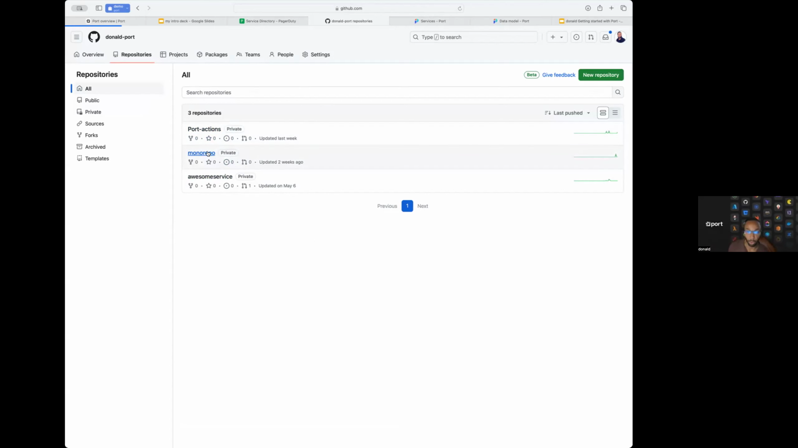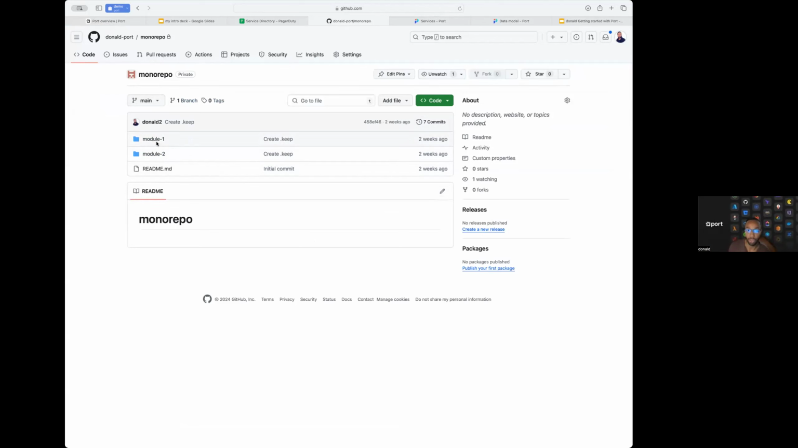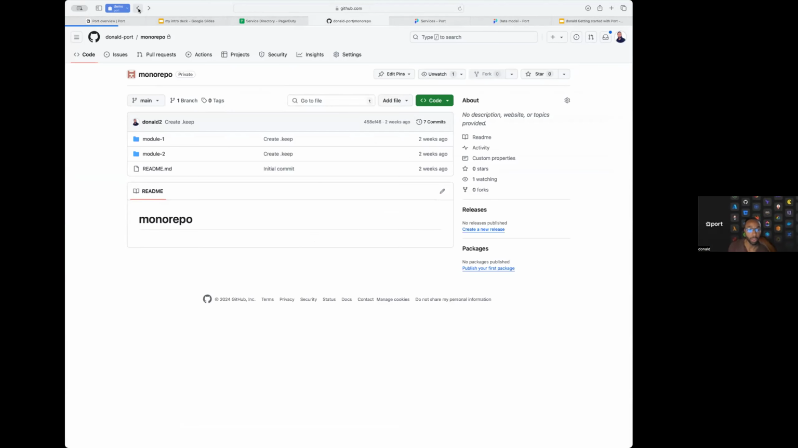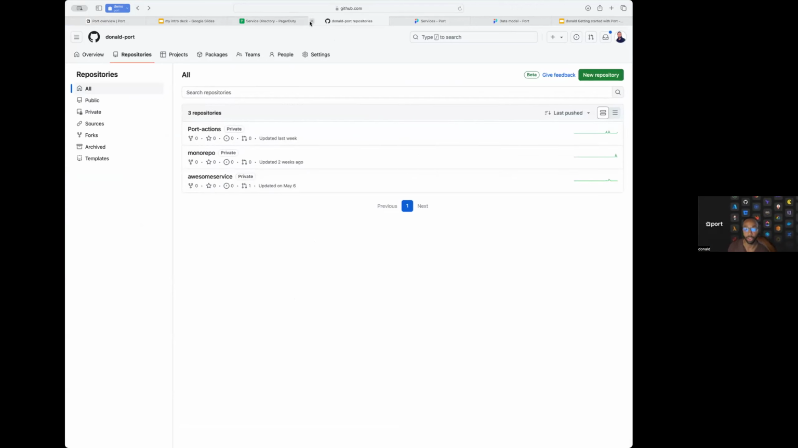And so what you saw in my portal is we have broken down the mono repo modules so that they show up in our portal as I expect them to. So we have Austin service, module 1, module 2, port actions. Okay. So now I want to show you